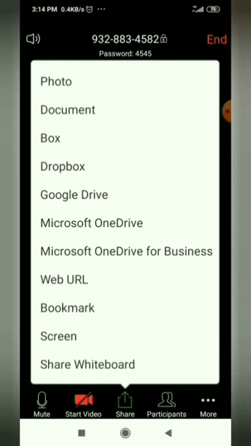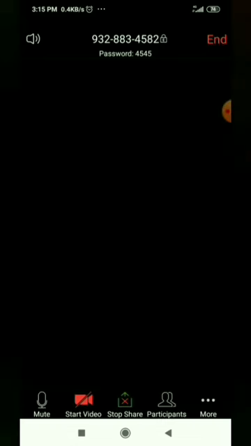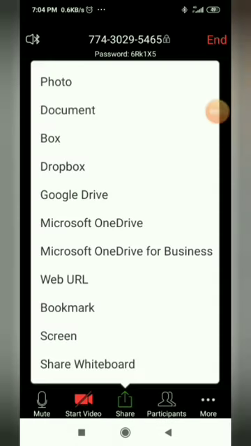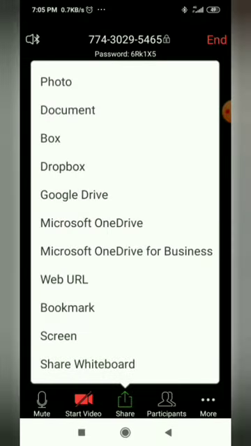Then we'll go to the last but previous one, Screen. If you click the Screen, this is also another interesting one. This Screen, if you see, it will help us to show our mobile phone screen to all the participants. With this, we can download any application and we can teach how the application will be helpful for us, what is the use of that application. All these things we can do. Since it is video recording, screen recording, this screen sharing won't work in this.